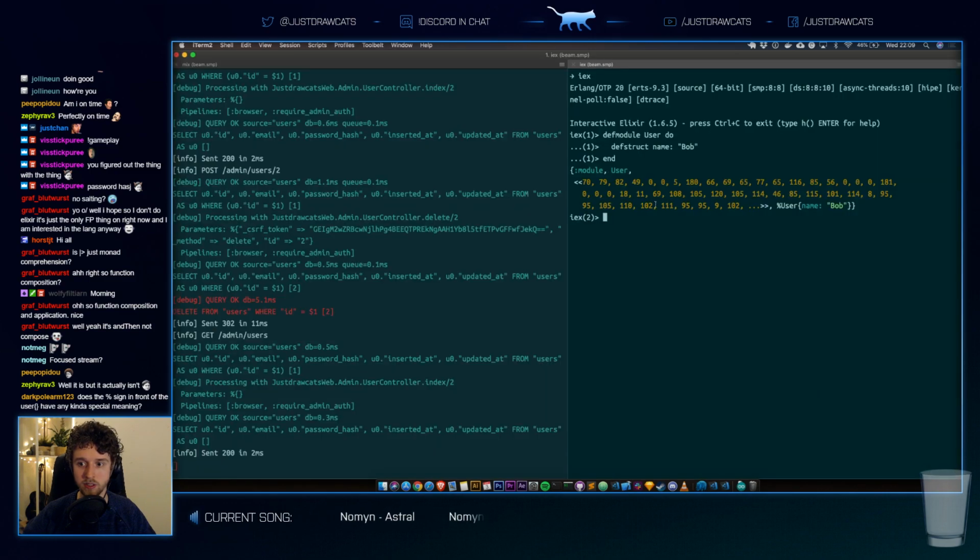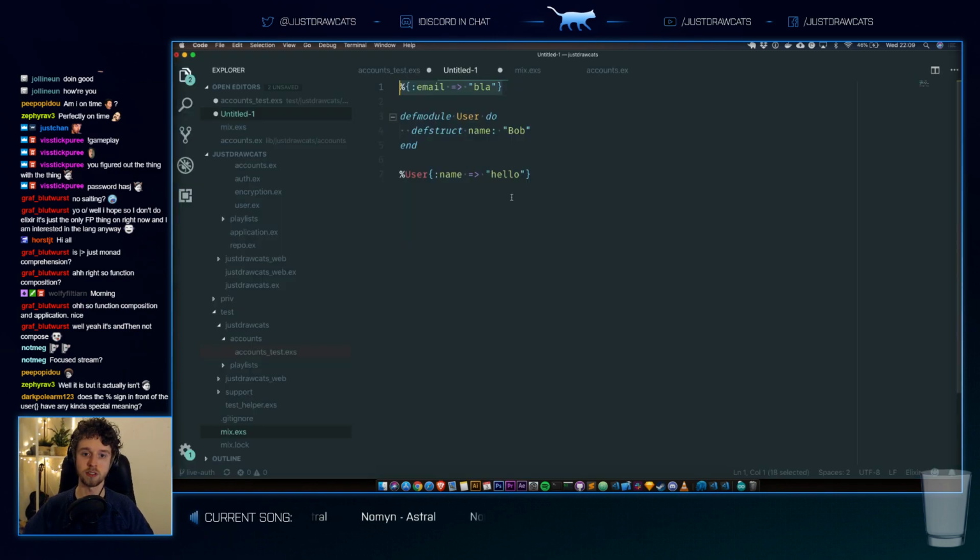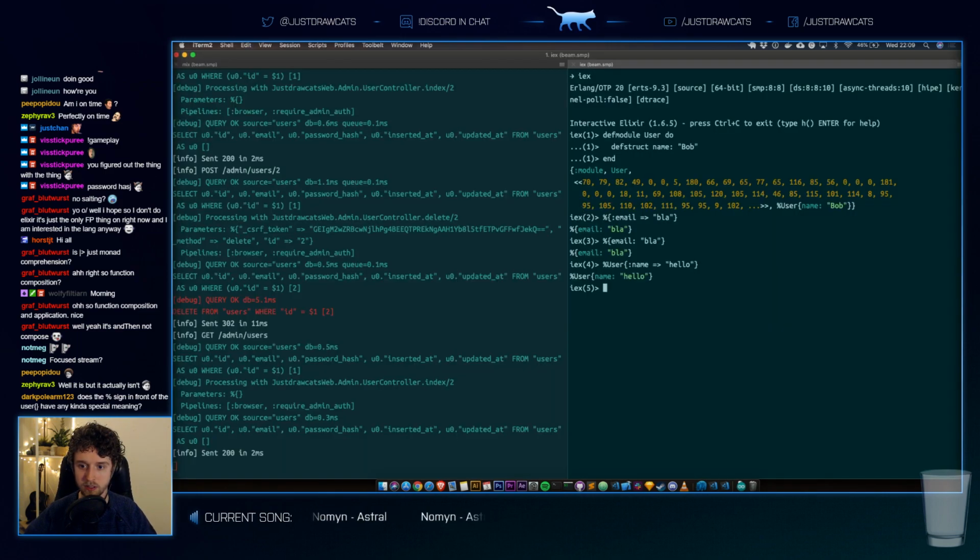And then normally we can do this, right? So this will give me a map with email as key and blah as value. And I can also define it like that. Oh, that also works. Beautiful. That's cool. Okay, so if I were to do this, this will now create a user struct, which is